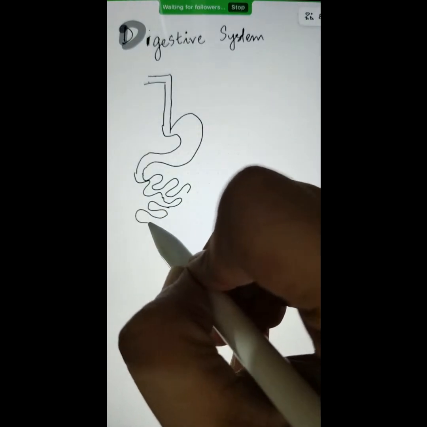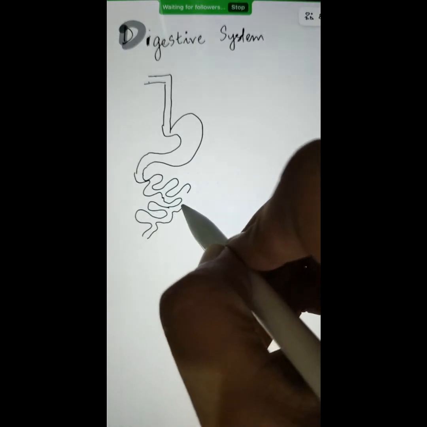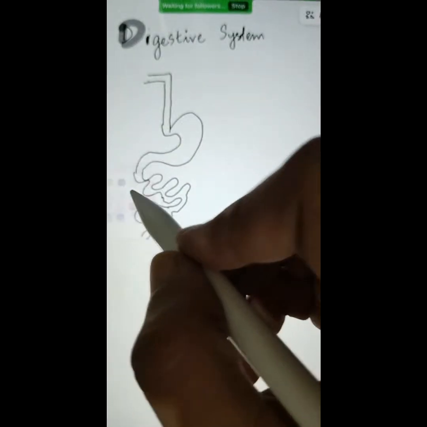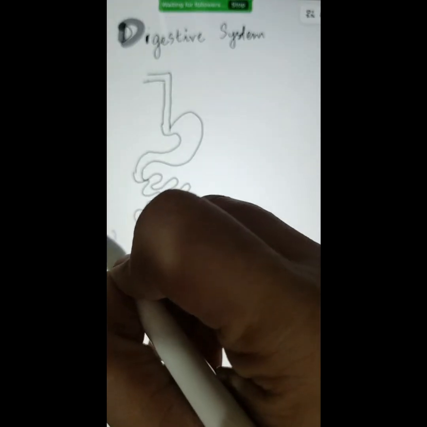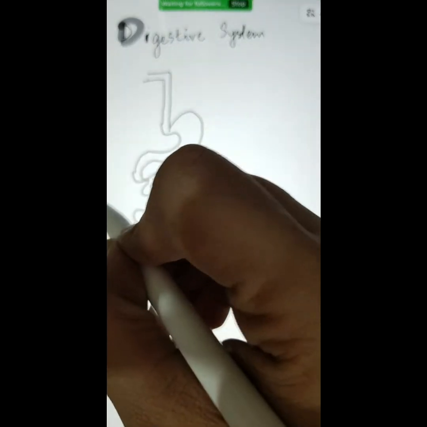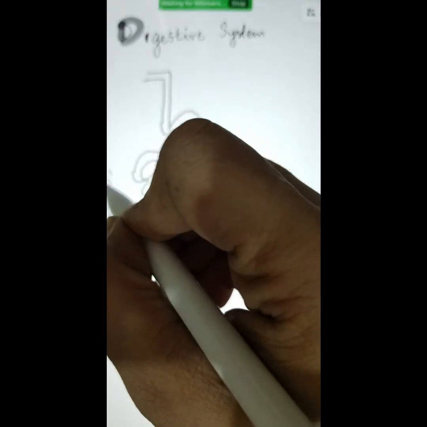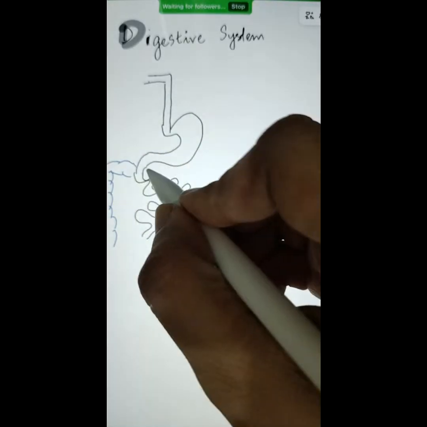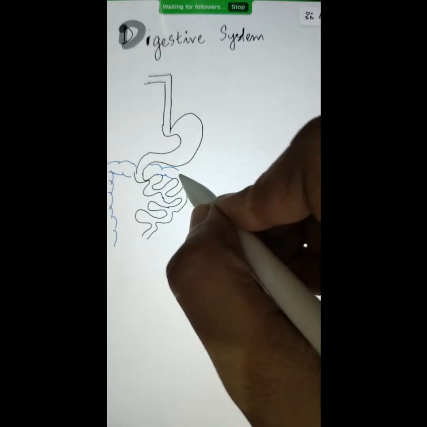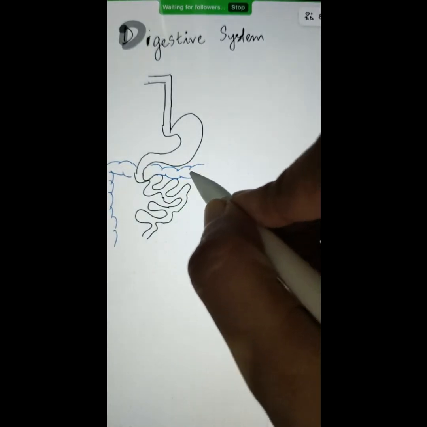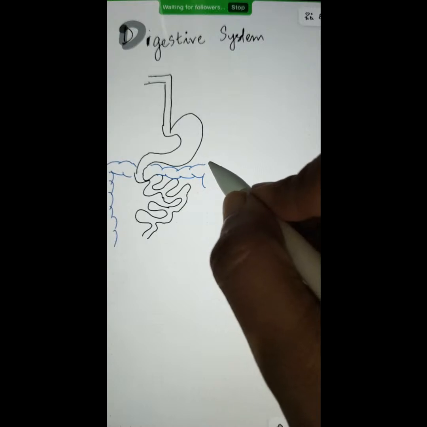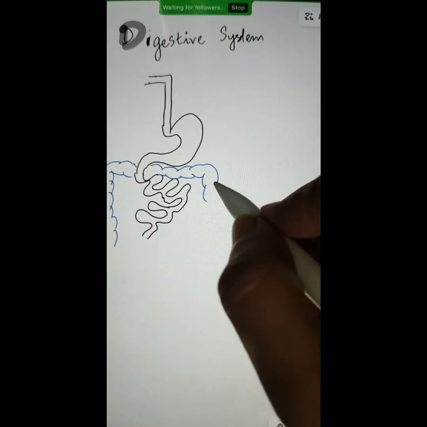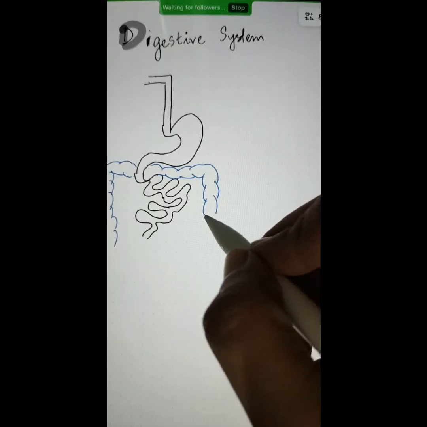And if you compare the size of small intestine with the large intestine, small intestine is longer, right? But if you compare the diameter, the large intestine is more. So this is also one of the questions of class 10th, that why small intestine is known as small in spite of being longer than the large intestine. So the answer is small intestine is smaller in circumference than the large intestine, but it is longer in length